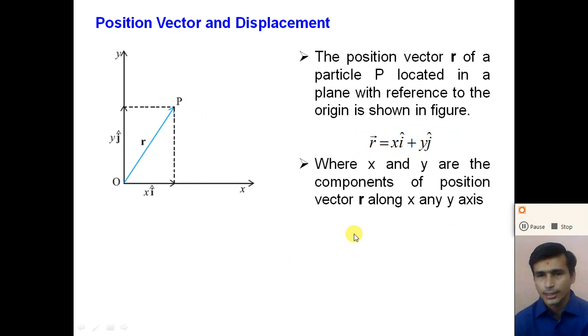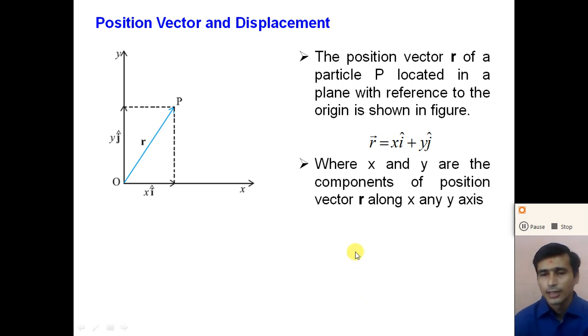So dear student, understand how the position vector is represented and what the position vector is. The position vector is a vector joining the reference point to any point in a plane, and it is called the position vector of that point, right? Now if the position vector remains constant with time, the object is stationary, or we can say the object is at rest. But if the position vector changes with time, if the position of the particle changes with time, we can say that the object is in motion, right?